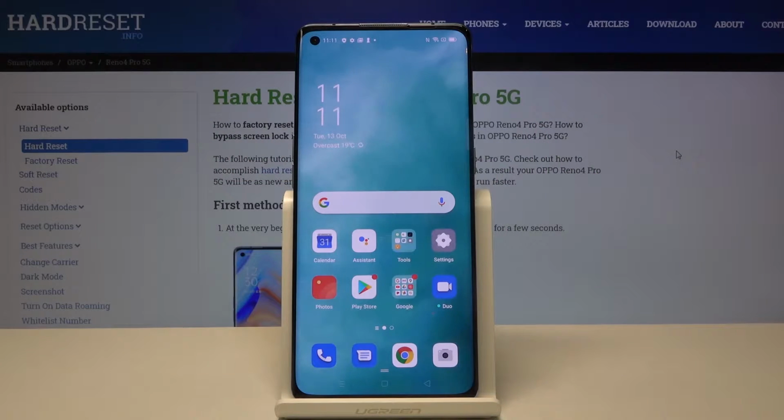Hi everyone, here we've got OPPO Reno4 Pro and let me show you how to change system language on this